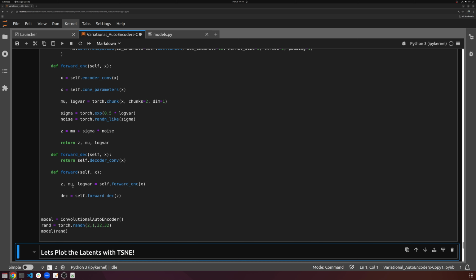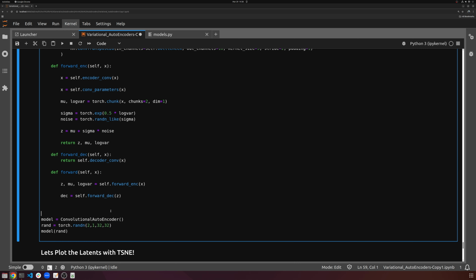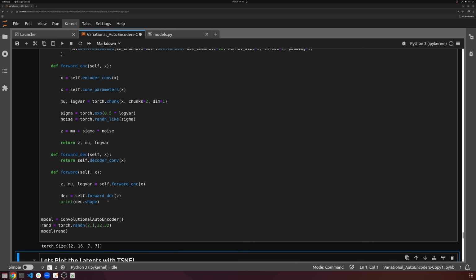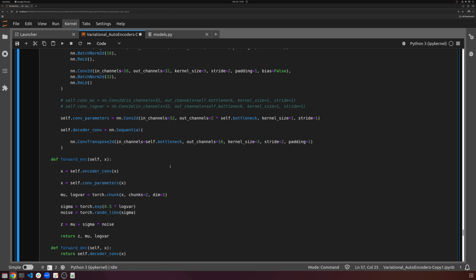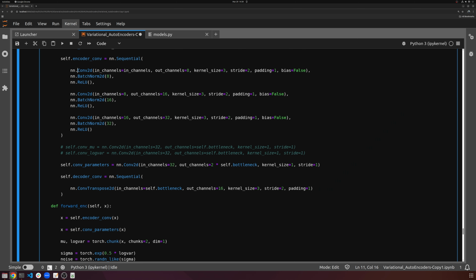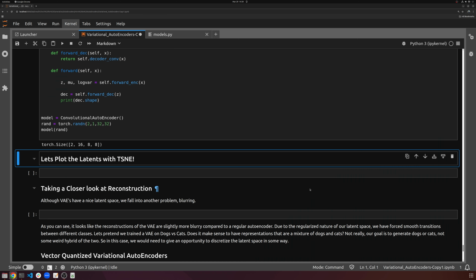Okay, so there we go. Let's print the decoded shape real quick. Print decoded.shape. And yeah, 7 by 7, because transpose convolutions are not an exact inverse of a convolution. So just to fix that, we can add output padding equals 1, and that will make it 8